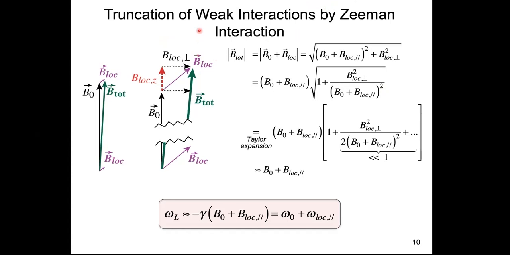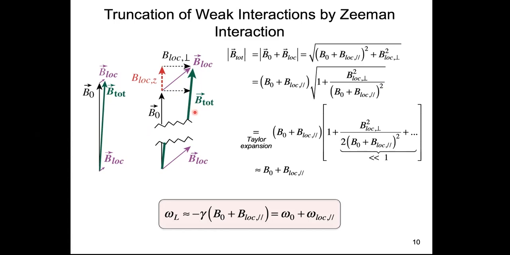So that truncation may not work. But pictorially, it's really useful to think about all these other local fields as being truncated by the large B0, by basically having the components of the local field parallel to the B0 being retained and therefore additive with B0, while components of the local field that are orthogonal, perpendicular to the B0 will not make much of an impact